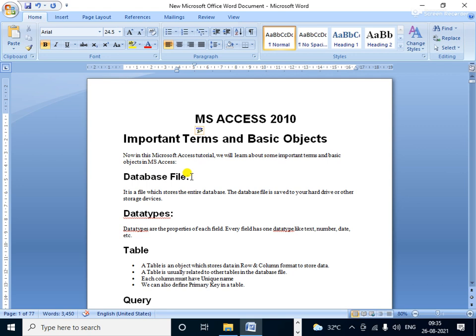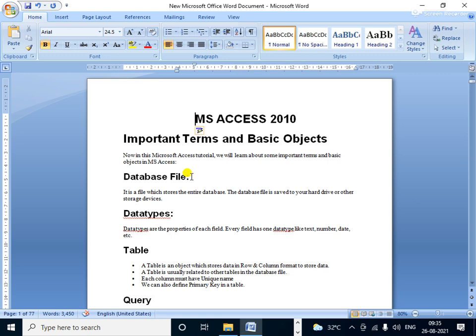All of you know MS Access is a type of software. It is an application software, but it is identified just as a database file with the DBMS, the database management system, the full form actually. So the database file means Microsoft Access.